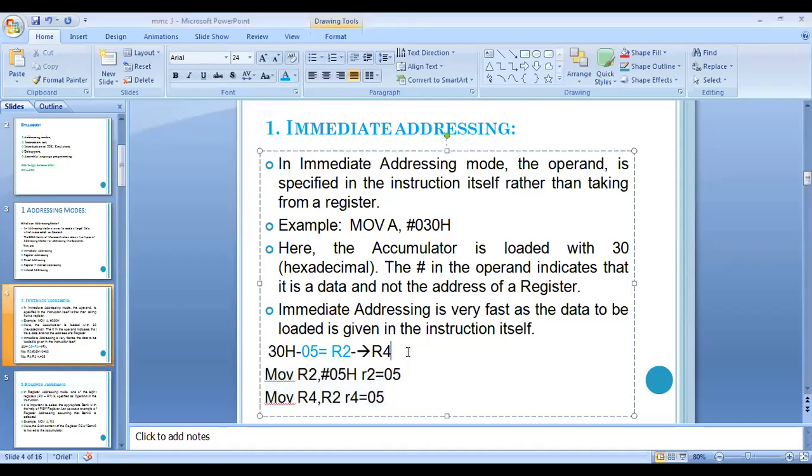Now see, now I will ask the same question. Assign the value 05 to R4 by using the direct addressing mode. Okay, so